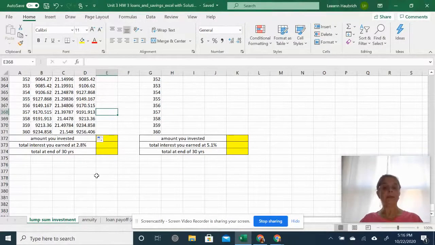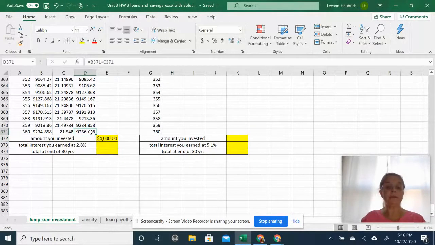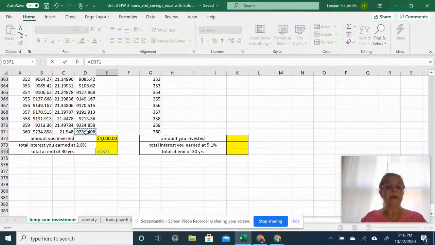It says the amount we initially invested. Well, in this case, we invested $4,000, and after the end of 30 years, that $4,000 is this amount at the bottom. So that $4,000 became